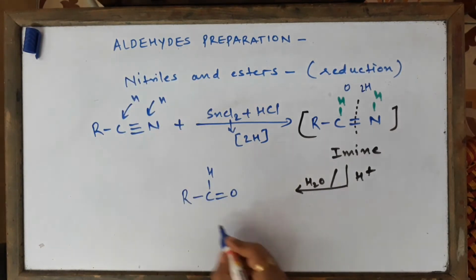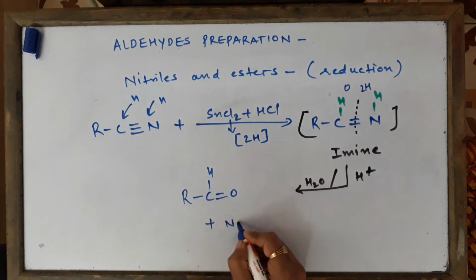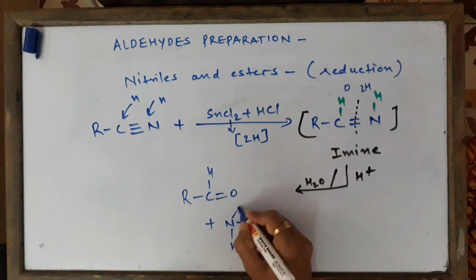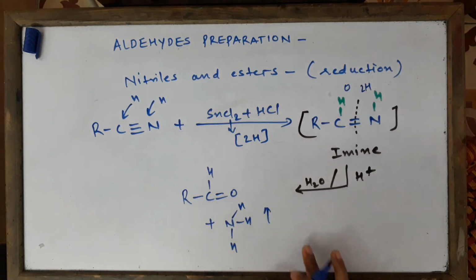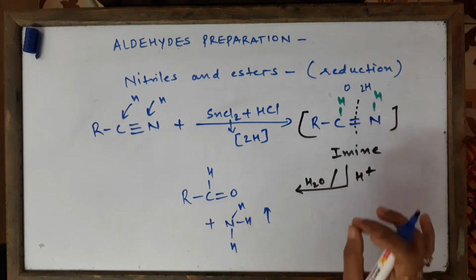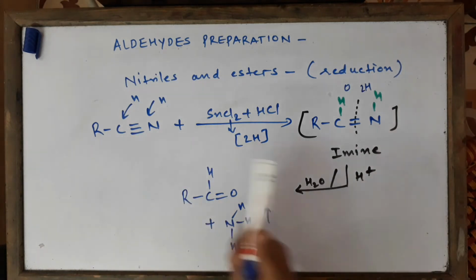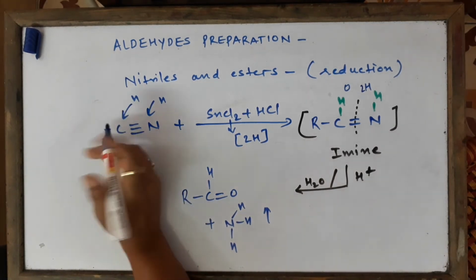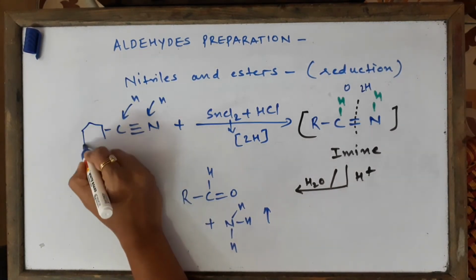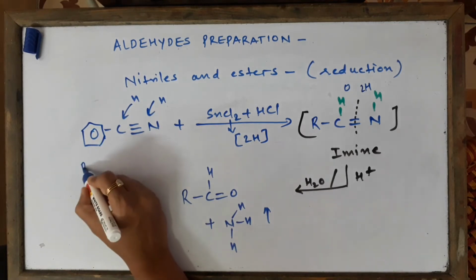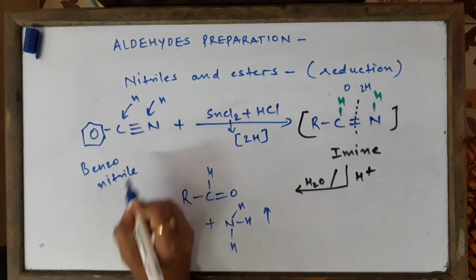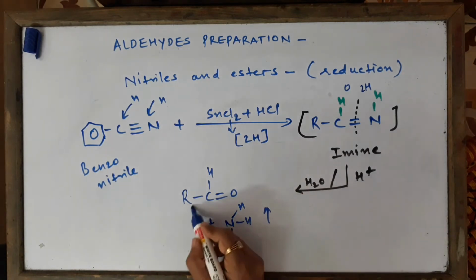We are preparing aldehydes, plus the byproduct coming out is NH and these two hydrogens also, so we'll just add them as ammonia gas coming out. So this is a fantastic method of selectively reducing cyanides or nitriles into aldehydes. Any compound, anything you can write over here. Somebody can write it like this also, it becomes your benzonitrile, okay? So it becomes benzonitrile, and finally we get benzaldehyde.